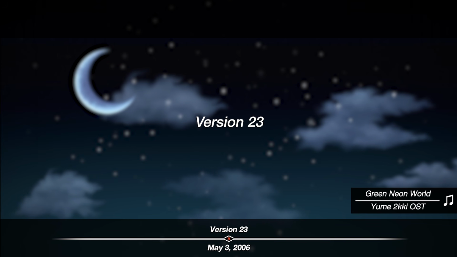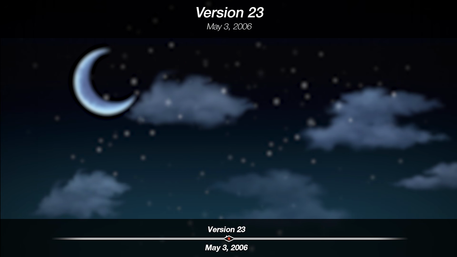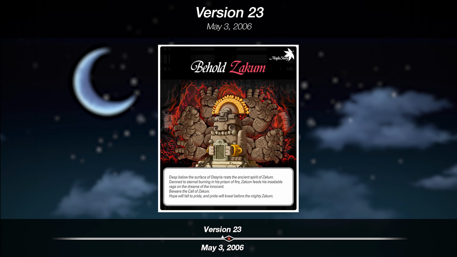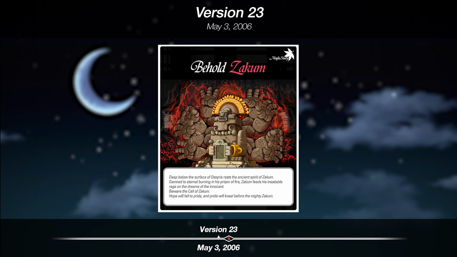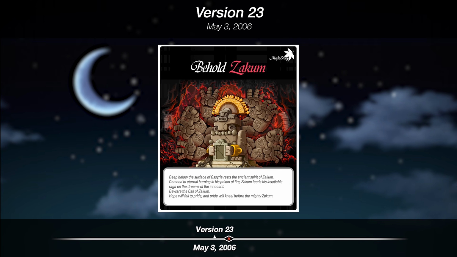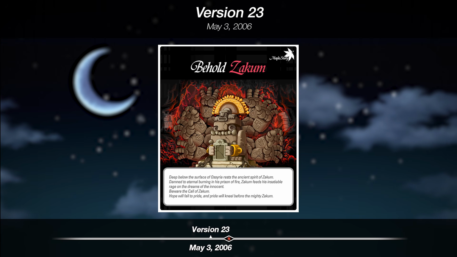Version 23, May 3rd, 2006. Now this is a huge update, probably the biggest since the release of Third Job. This update contained Zachem and all content associated with it, including the pre-quests that required you to get 30 lost teeth from minor zombies. This data had been in the files since beta, but was now finally accessible for players